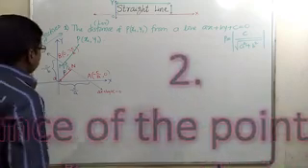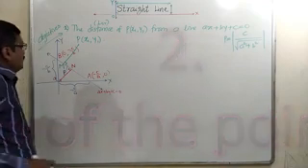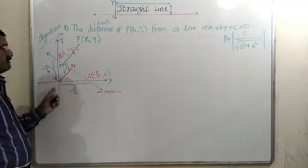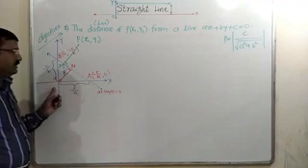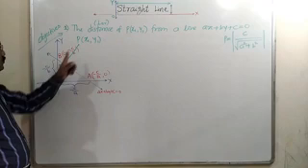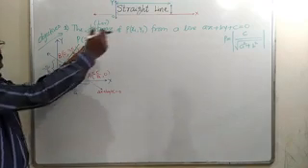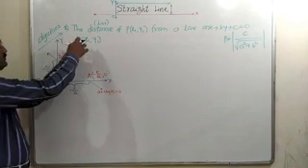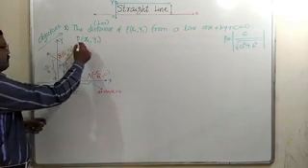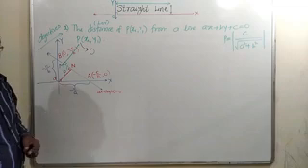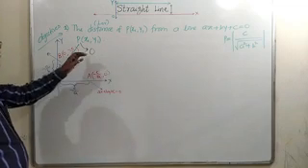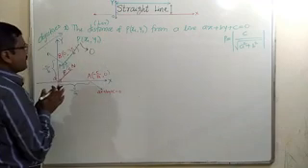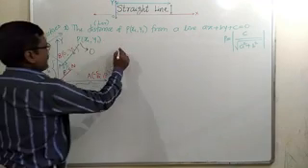For that, what we will do, in the first part, we have found the distance of this line from the origin. If we are able to shift the origin from O to this point P, then we can use the same formula, because it is for the distance of origin from the line. If this P will become O, then we can use the same formula. So here, just shift this origin to this point x1, y1.